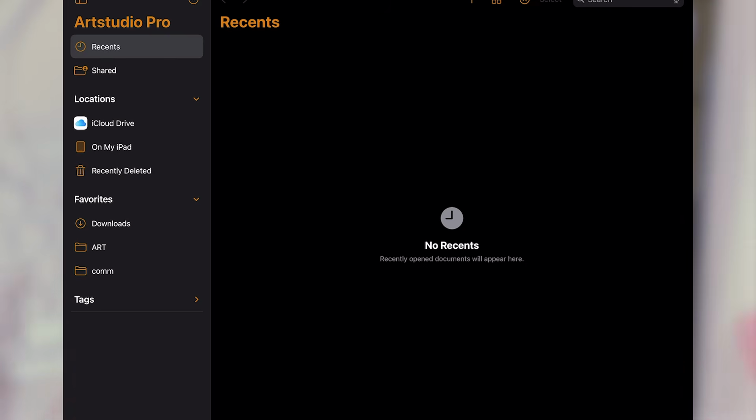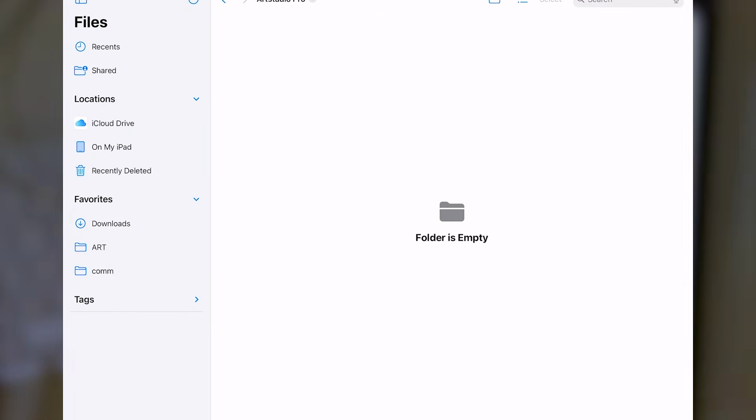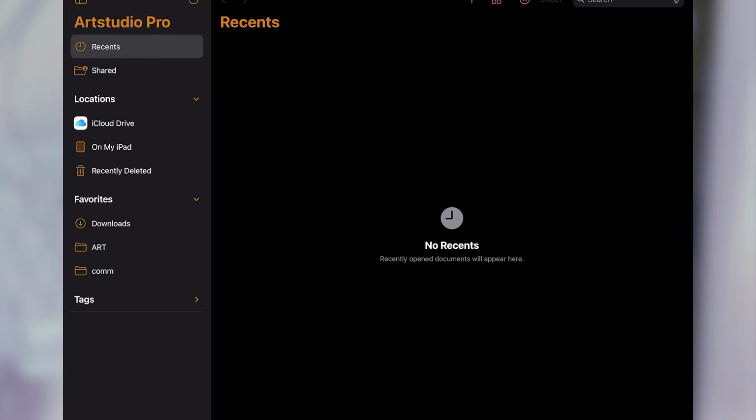Okay, so first up, absolutely love this. The dashboard, the UI is exactly the same as the iPad files. That means when you save, you can actually have the option to choose to save into your iPad, into your cloud drive, or just any other folder. That's great. Let's create a new one.